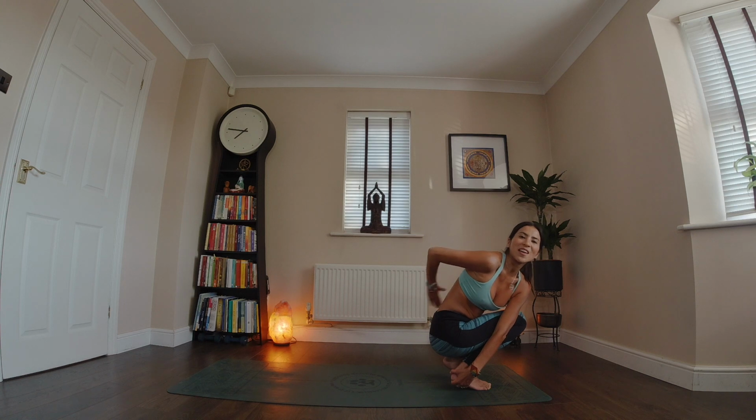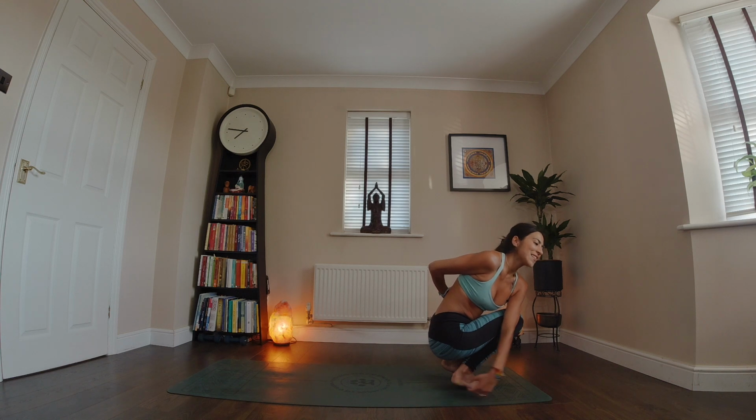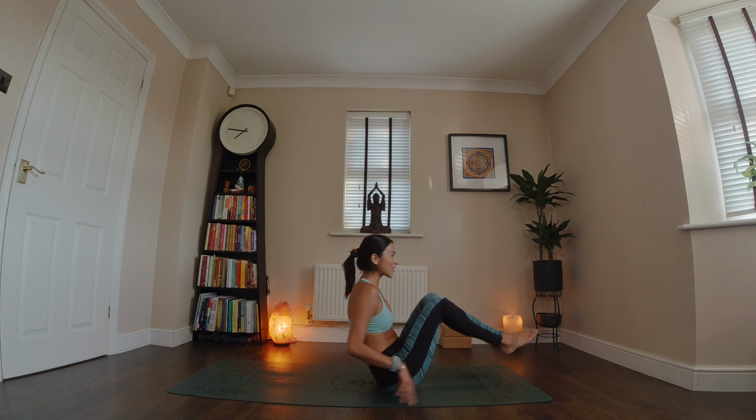Option 2, send the right arm back and half bind. Some of you, if you have really long arms, might be able to reach the right fingertips to the left inner thigh. Twist, gaze up towards the sky. Squeeze the legs, heels up. Breathing here for 3, for 2, for 1. Take the gaze down, unravel the arms, hands back, sit onto your sitting bones,